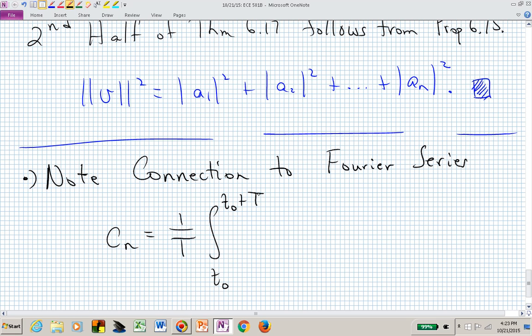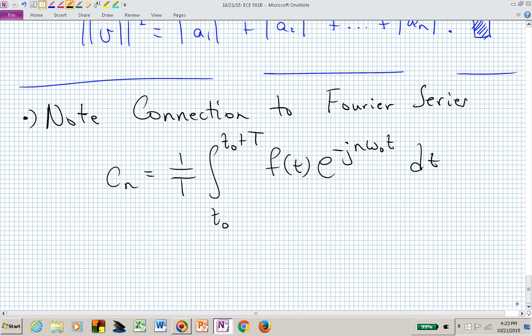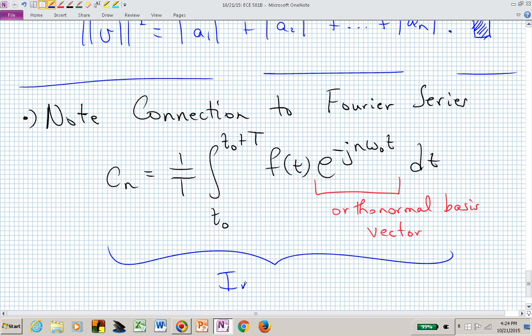We integrate over one period, but now we take the inner product of our function, f of t, with these basis vectors, e to the minus j n omega naught t, where that expression is really just an inner product. This piece right there, if you index or you keep sequencing through the little n's, that would be our orthonormal basis. This is just one of those basis vectors. And this entire piece right here is our inner product,